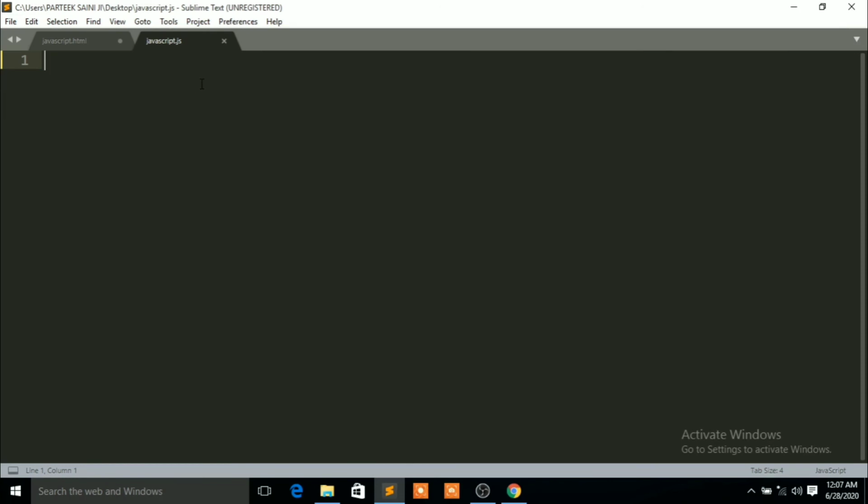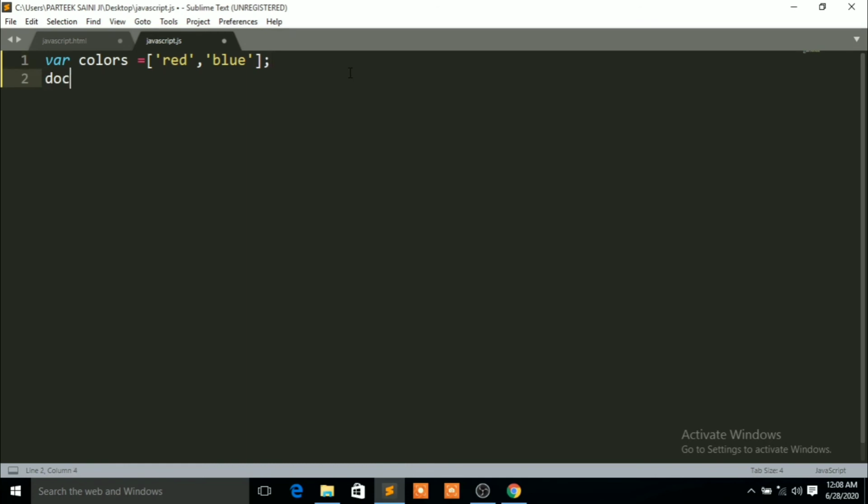To create an array, you need to create a variable, and the name of the variable, suppose colors, and then you write equal to, and in square brackets you write single quote and then the name of the color, that is red, and to separate that you use a comma and then the second color name, that is blue. Okay friends, and at the end you write the semicolon. Now you have created the array here, friends.